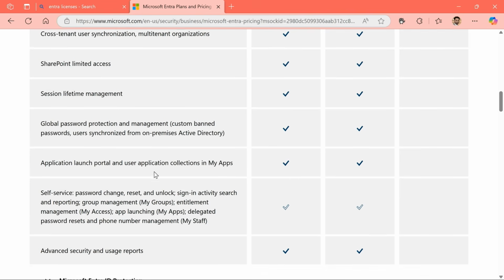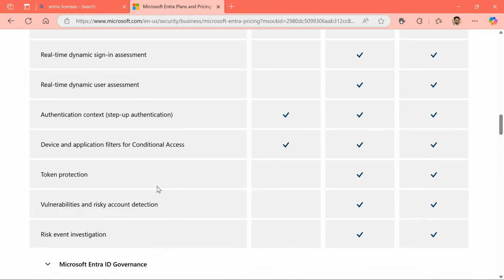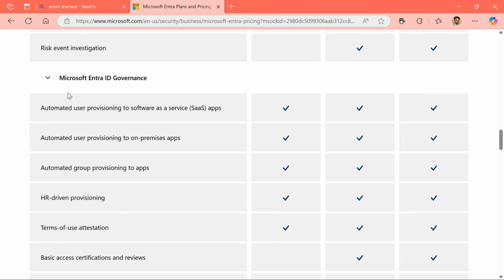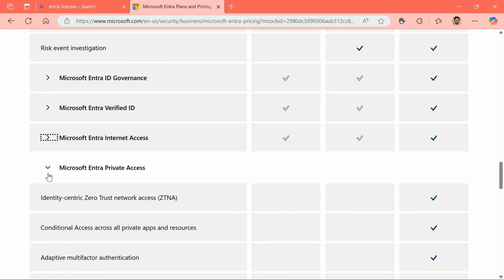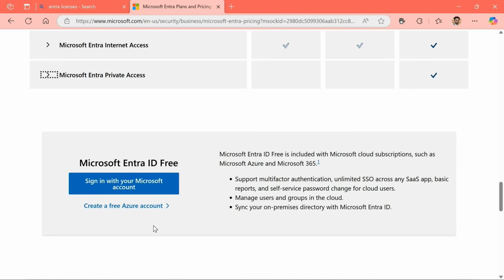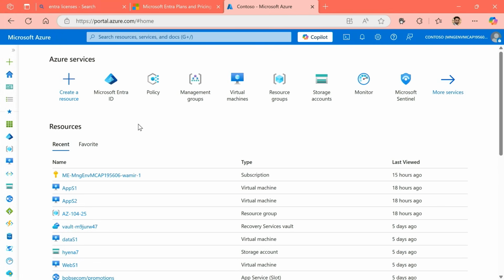And if, for example, you need to look at the free options, like I mentioned earlier on, you can find some of these details right at the bottom of the page. If you are considering relying just on the free version, you can still see some details right over here. As mentioned before, if you already have an account on some of the cloud services, you might already be working within a free plan. As you can see, I've landed onto the portal and I've used portal.azure.com to get to